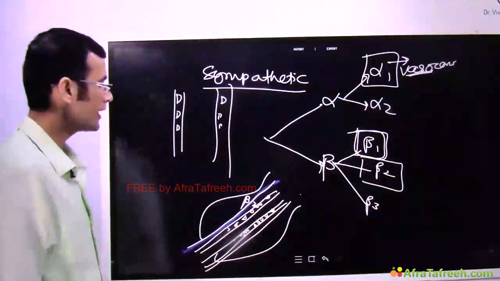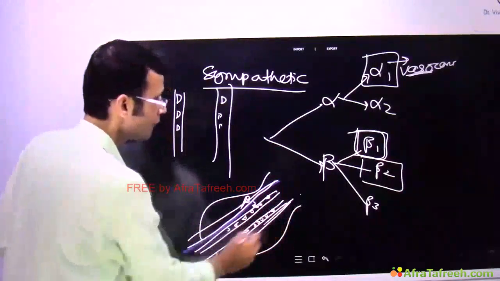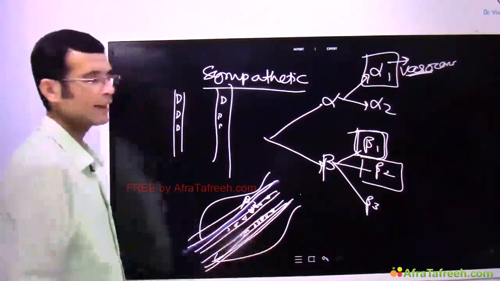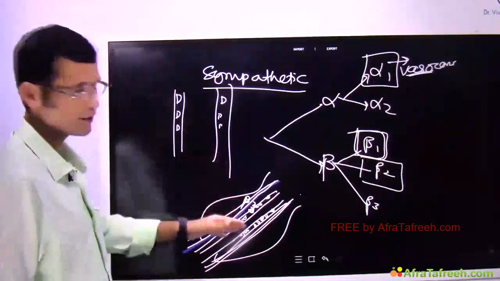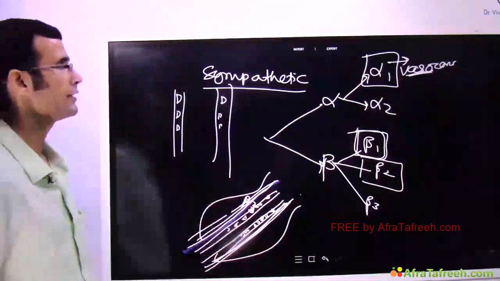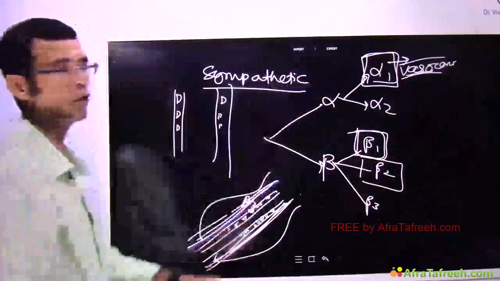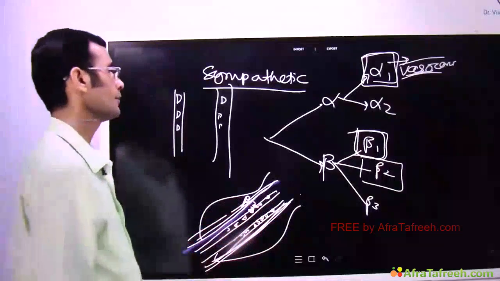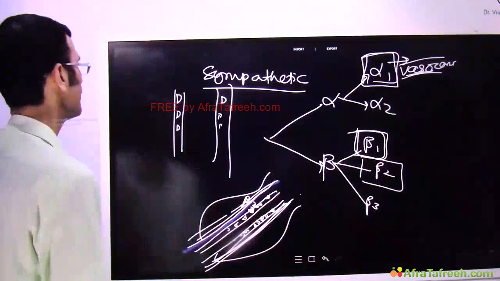This you can understand, for instance, is very important during exercise. When a person is performing exercise, the skeletal muscle needs an increased blood flow. So skeletal muscle should have vasodilation. This blood vessel has smooth muscle in its wall. That smooth muscle has this beta 2 receptor, and therefore it will cause relaxation of the smooth muscle, and the blood vessel will dilate. Blood flow will increase. Whereas alpha 1 receptors elsewhere have caused vasoconstriction. So there the vessels have constricted and the blood flow was diverted, and more blood flow was brought into the skeletal muscle. So excitatory and inhibitory effects are mediated via different types of receptors.